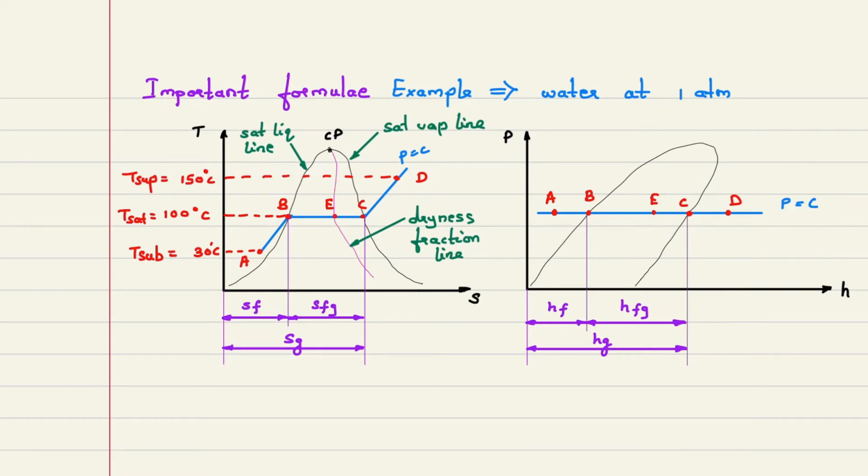So here we are taking example of water at 1 atmospheric condition. So at 1 atmospheric condition, if you recall from thermodynamics, what is the boiling point of water? It is 100 degrees Celsius. So here you can see the saturation temperature I have shown, it is 100 degrees Celsius at 1 atmospheric pressure for water. Don't forget that this example is of water. So we'll discuss what are the different points now.